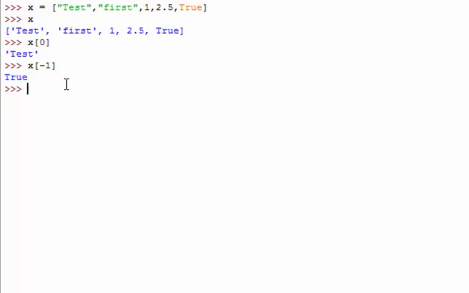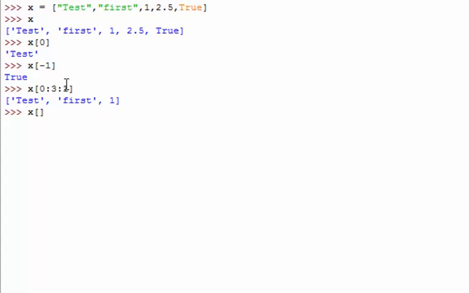List also supports slicing. The concept of slicing I have already explained in the video on strings, and the link to it is mentioned in the description. So let's see some operations of slicing as well. x of 0, 3, 1 means start is 0, end is 3, and the step size is 1. So it will give me the values taste, first, and 1. Why? Because the starting index 0 is included, and the ending point 3 is excluded. So we will not be able to retrieve the value at position number 3. So we will have taste, first, and 1.